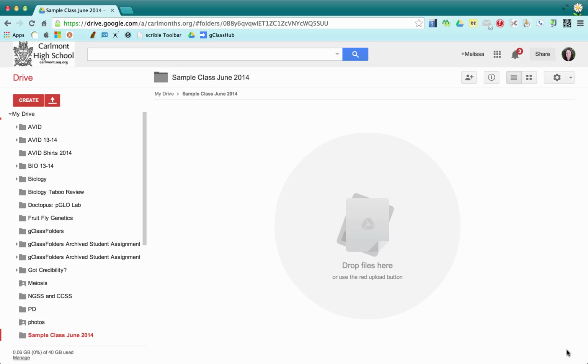Doctopus is an add-on that does allow you to create folders, but what I like about gClassFolders is it allows you to create folders for all of your classes and different class periods all at once. So the way that you would use gClassFolders is the first thing you need to do is create a new